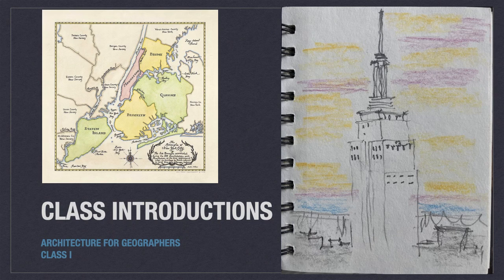In my case, I'm Jeff Bianco. I'm a retired architect and grew up in the West Bronx and lived in northern Manhattan until my family dragged me into the wilds of Connecticut. And my favorite building is the Empire State Building. It's a sketch I did of it.